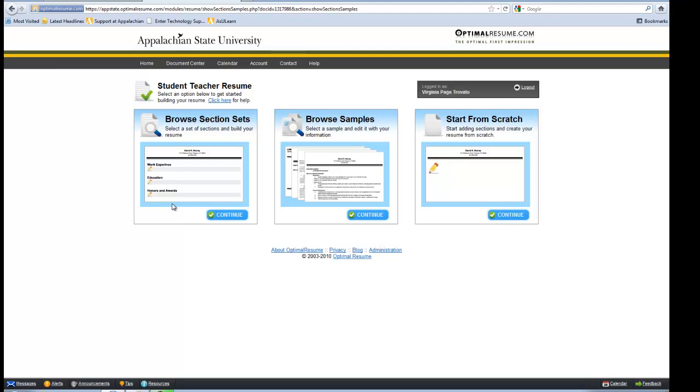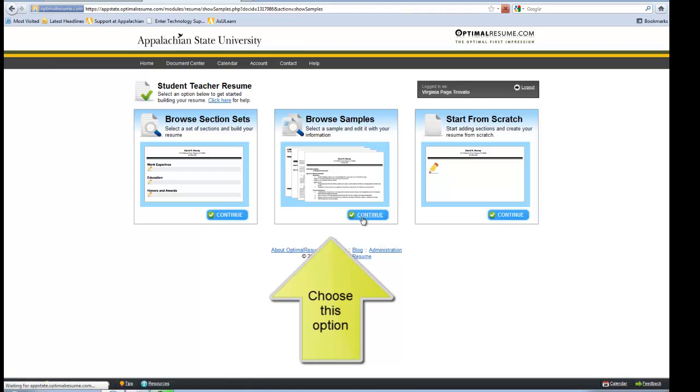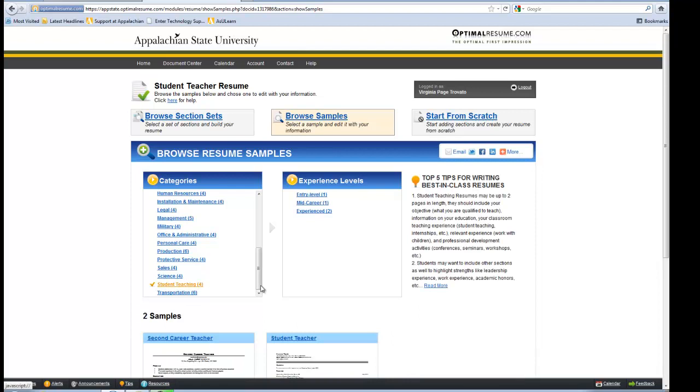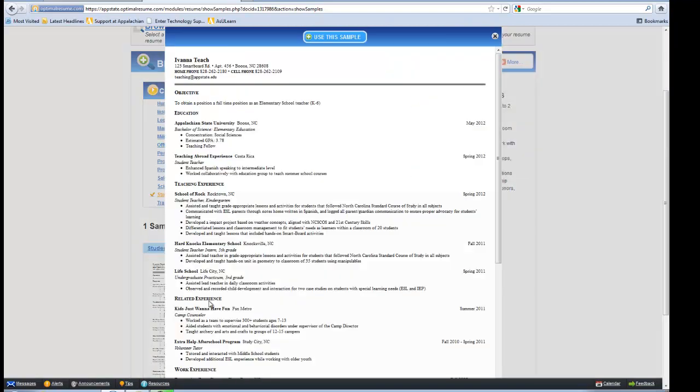The Career Development Center has created sample resumes specifically for student teachers. You want Browse Samples and then click Continue. Scroll down in the categories until you find Student Teaching. If you do not have significant work experience, you want to use the entry-level resume. If you have work experience, even if it's outside of teaching, click Mid-Career or Experienced. The samples will appear below. Click Use this sample,